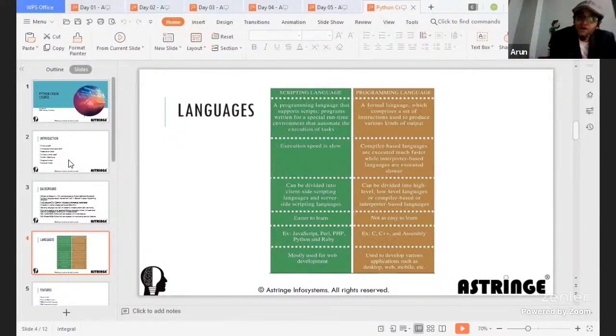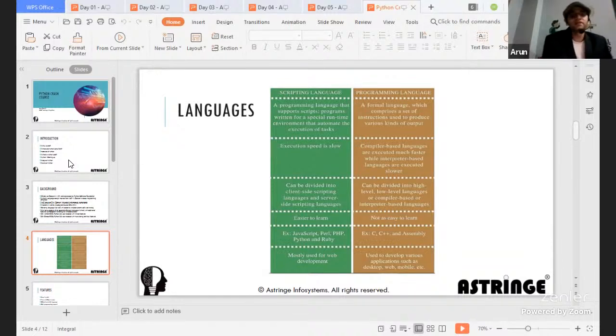But a formal language, or programming language, comprises a set of instructions used to produce various kinds of output. It means you could use the same programming language to create a web-based project, a Windows-based or graphical project, or a data science application or anything else, scientific analytics as well.